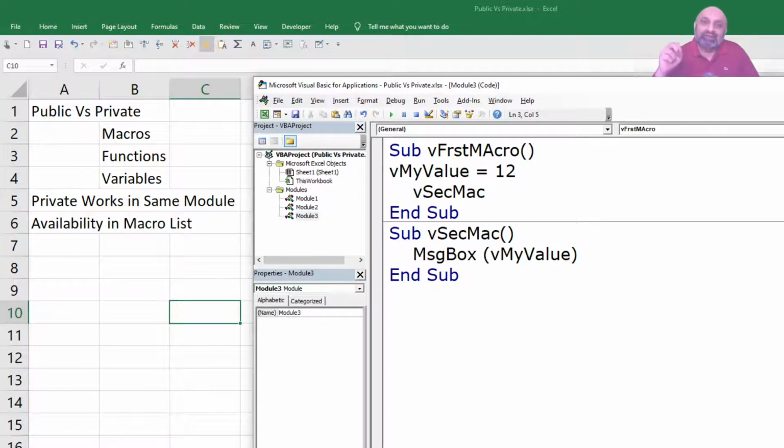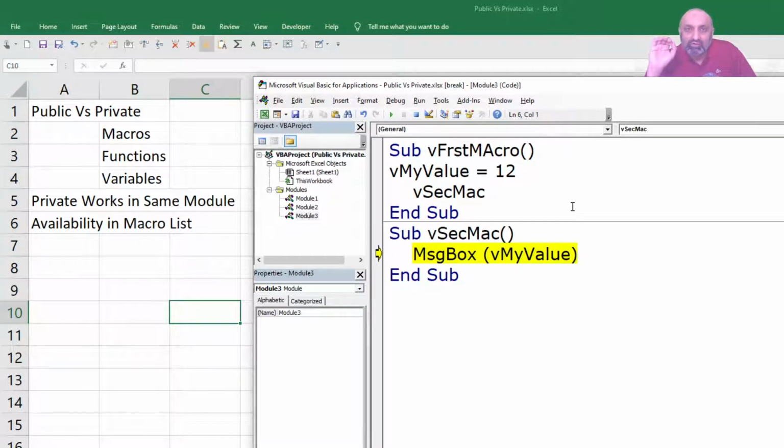First macro will assign a value to the variable my value, and then it is going to call the second macro, and the second macro is going to display a message box with my value. So let's run it. My value is currently 12, and let's run the second macro again, F8.